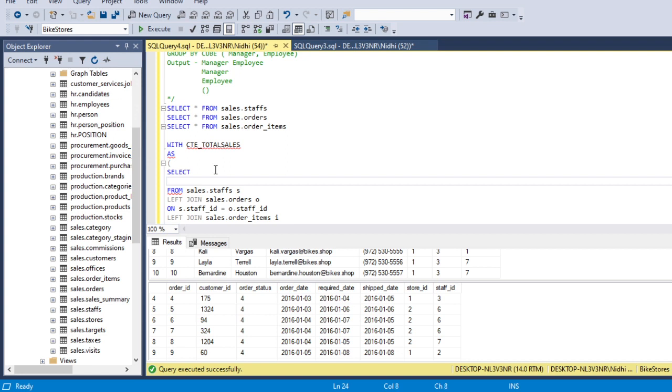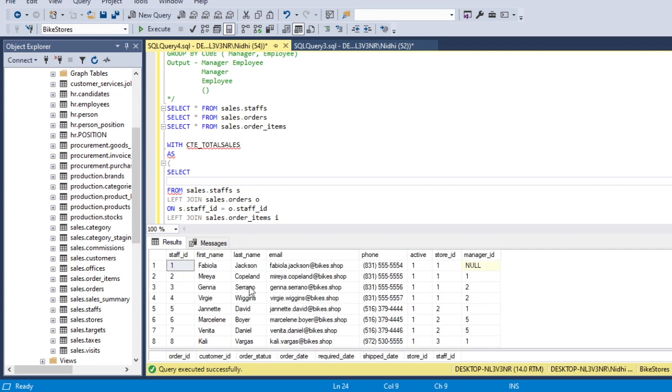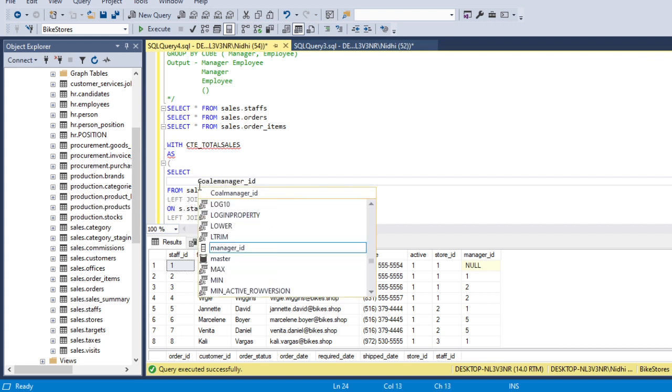So select, and the first column we need is our manager ID. Since we have one null value here, we will use the coalesce function to replace this null value with 0, because for this person there is no manager and he is the manager himself.